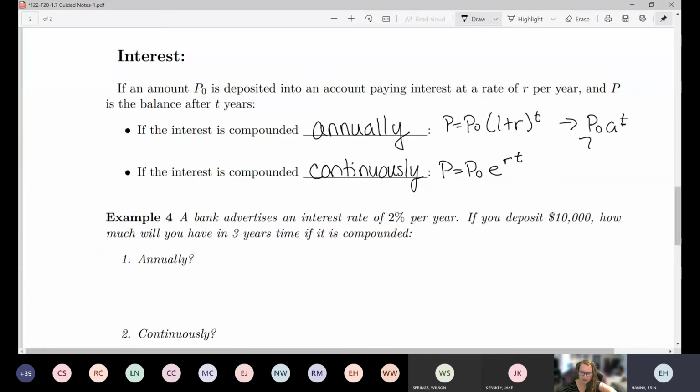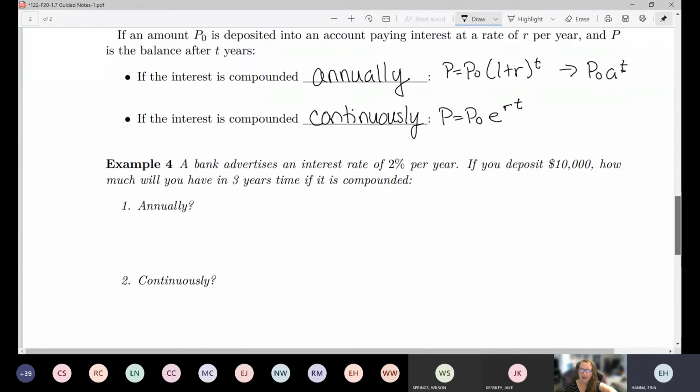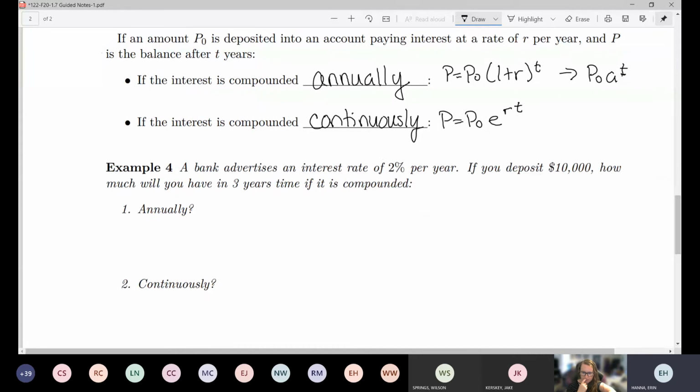So this is kind of a side note for the context. Say we wanted to do these quick few examples with this new context of interest. Say a bank advertises an interest rate of 2% per year, which I changed to 2% from last year because 2% was actually a decent one, and now nowhere has 2%. No bank has 2% interest right now. But anyway, if you deposit $10,000, how much will you have in 3 years if it's compounded first annually